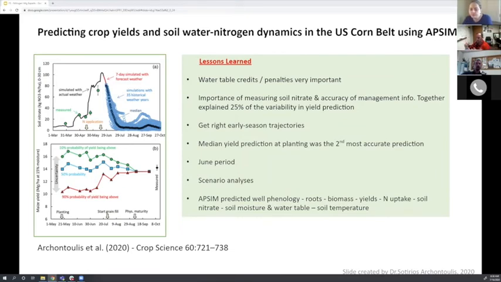We need to capture the system. This is what we don't have today. We have lots of data about yields and nothing else. Of interest was the importance of the management information, the accuracy of the management information. That was very important, and together with